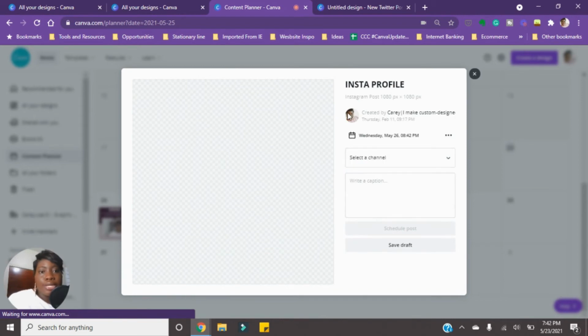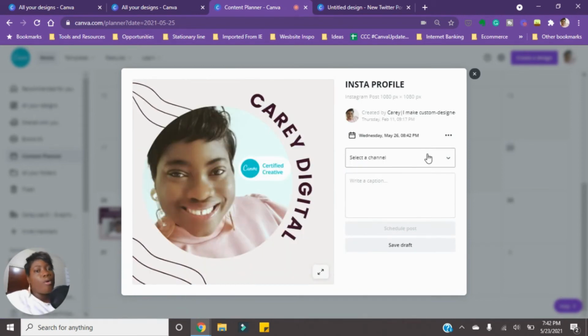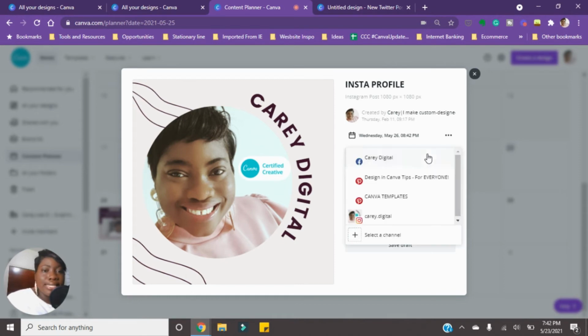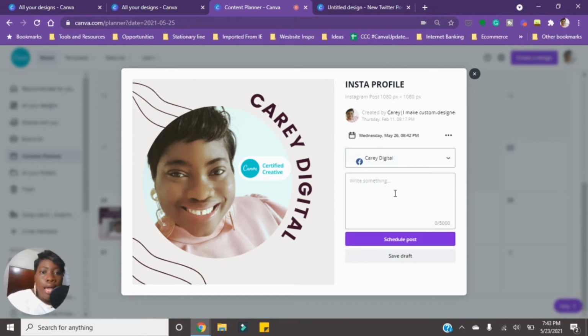And this design was created specifically for Instagram. However, what I can do is select a channel and say I'm going to choose my Facebook channel here, and I can write my caption, right? But of course, when it comes to social media and content, you want to ensure that your graphic is optimized for that particular social media channel. So if it was created for Instagram and the dimension is different from that for Facebook, then of course you can use a super feature which is only available in Canva Pro, and you want